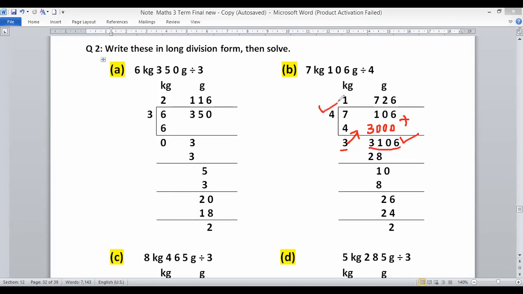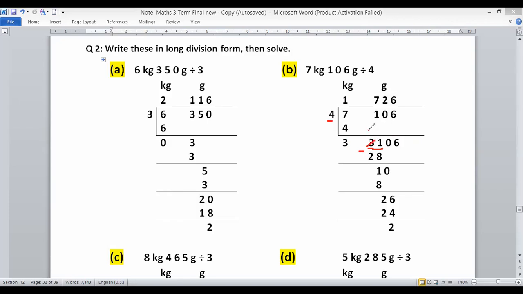Now we divide 3106 by 4. So now you consider this as a 4-digit number. First of all we take 3, but here we cannot divide 3 by 4 alone. Therefore we take the first two digits. The first two digits are 31. So we divide 31 by 4. Count the table of 4. We get 4 sevens are 28. 28 is the number that is very close to 31. When we multiply 4 by 8, we get 32. 32 is bigger than 31. Therefore, we subtract 28 from 31.